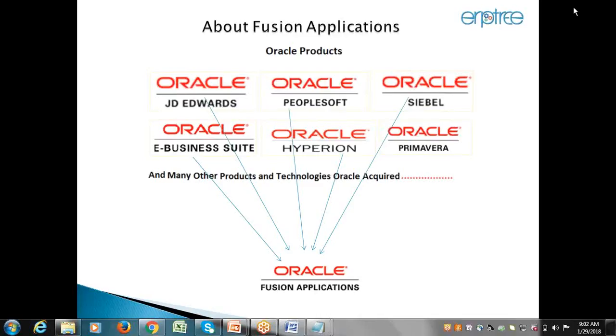No, I have seen that interface, Laxman. Basically the interface is used for this purpose, right? Simple point. As a part of Fusion applications for the HCM solution, Oracle is using PeopleSoft only. Okay. So Oracle is using the PeopleSoft solution only.